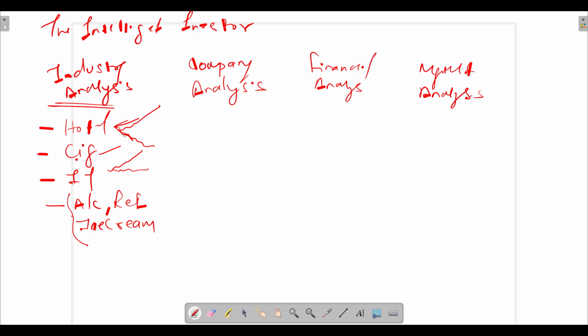Now, how do we analyze whether a specific industry is going to perform well or not? You can look at government policies, like whether they are more favorable now towards businesses. Infrastructure, or farming and all. The industries included in infrastructure, let's say housing, road development or infrastructure development companies, are going to perform well. Why? Because government policies are favorable towards infrastructure projects.